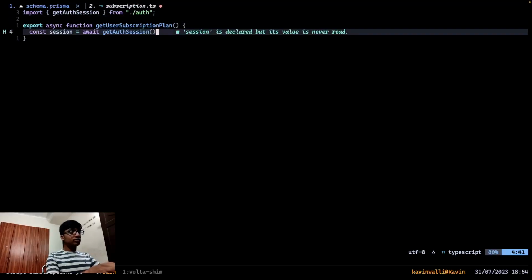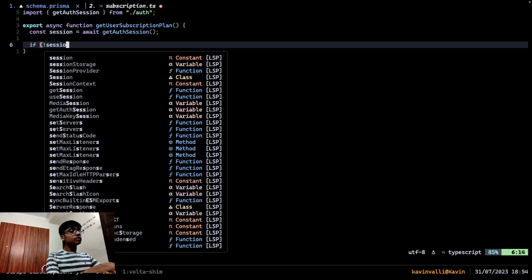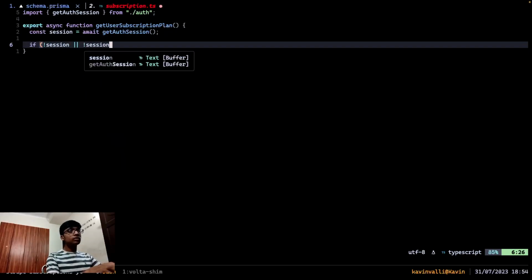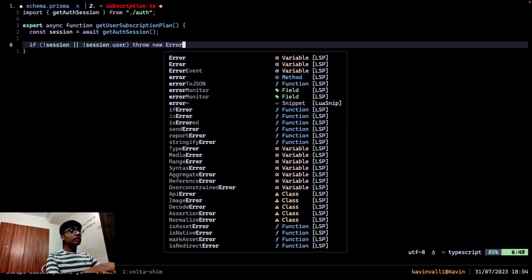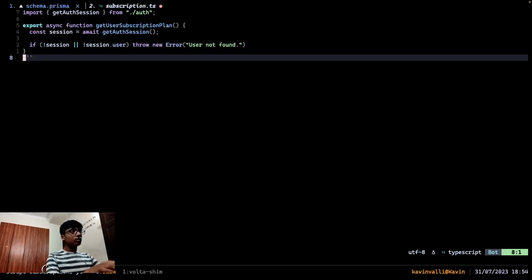Alright, dot slash auth add slash lib slash auth, whatever you want. If there is no session or no session dot user, we can throw new error user not found. Alright, now since the user exists, we can get the user using await db.user. I need to obviously get that